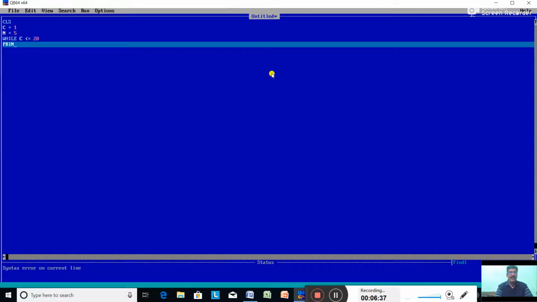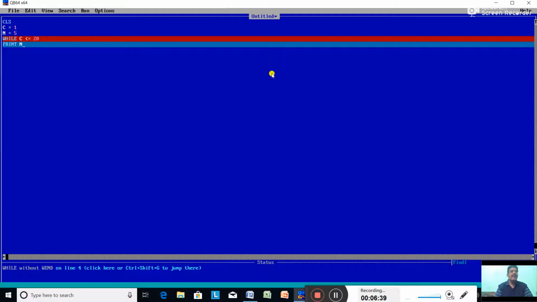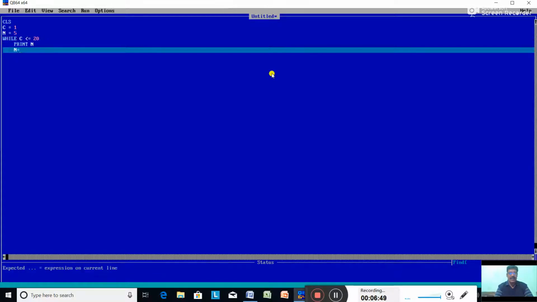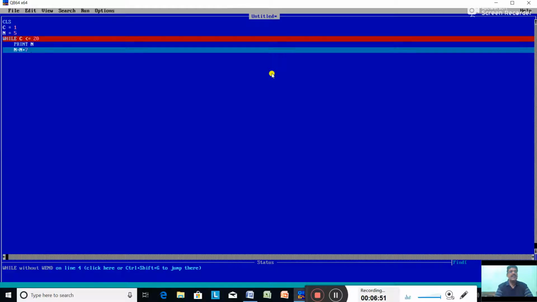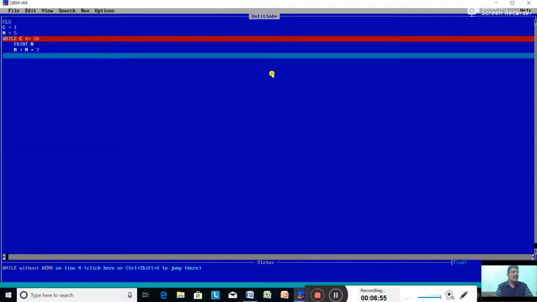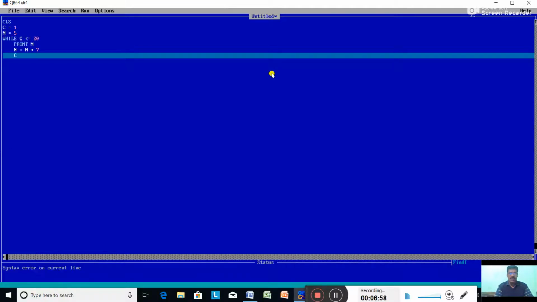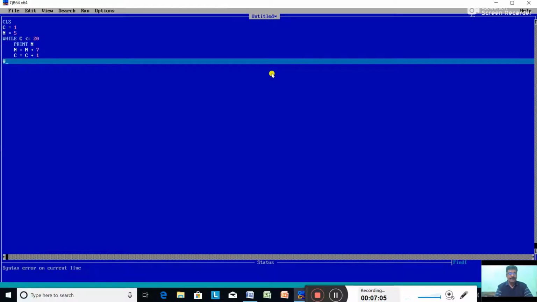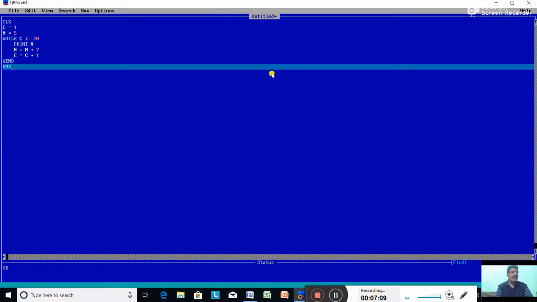Print N. N equal to N plus 7. Updation is by 7. Now C equal to C plus 1, increasing the value of the counter. Wend. And end of the program.